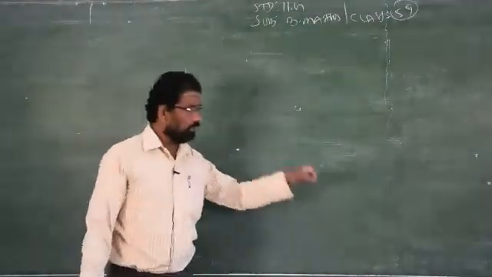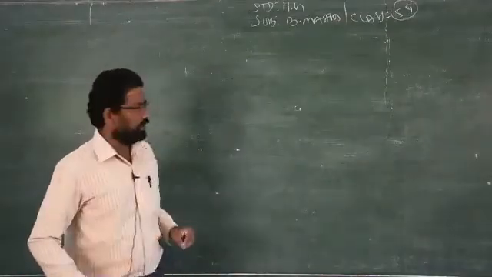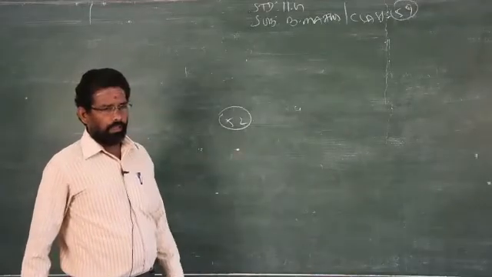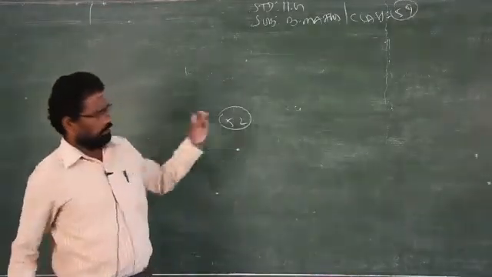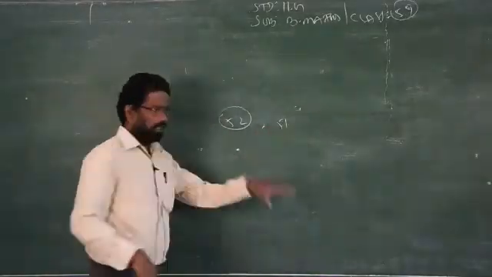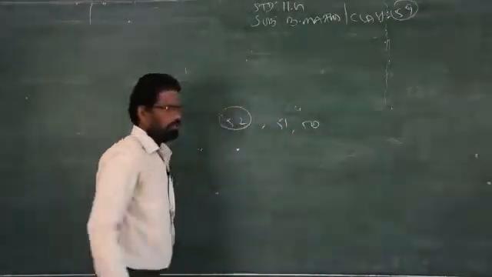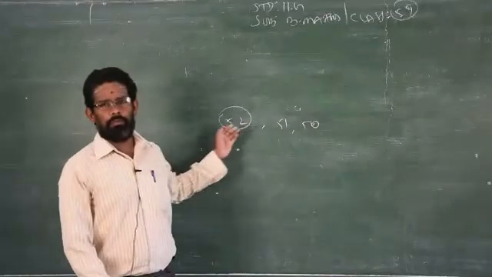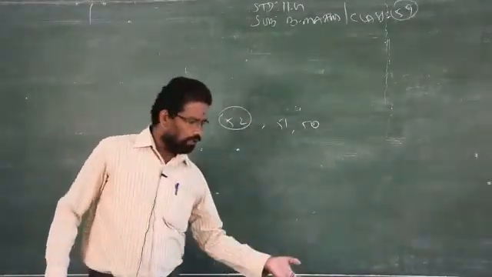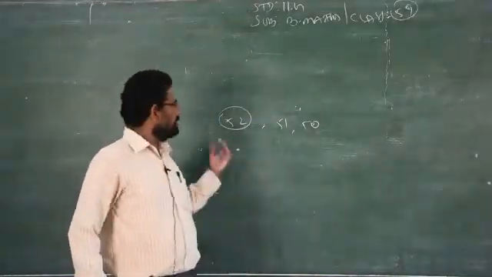If I take one card from the box, you cannot replace it with some other card. Clear? For example, the total number of cards is 52. If I take one outside, I keep it out and do not put it back in the box, so the remaining cards will be how much? 51. Again I take one more; if I do not replace it, the number of cards is 50. So it keeps decreasing if you do not replace the card. If you replace it, there is no problem; if not, it decreases.